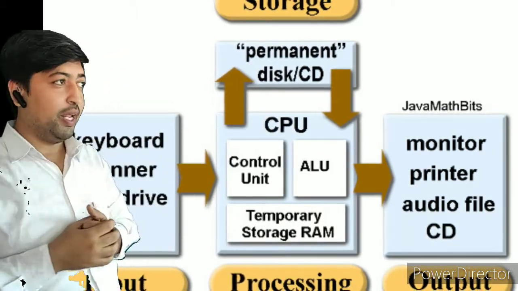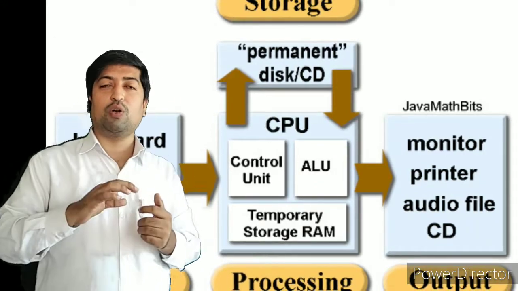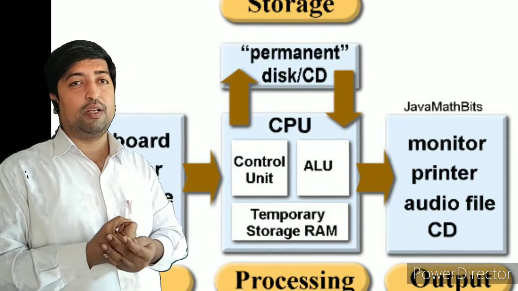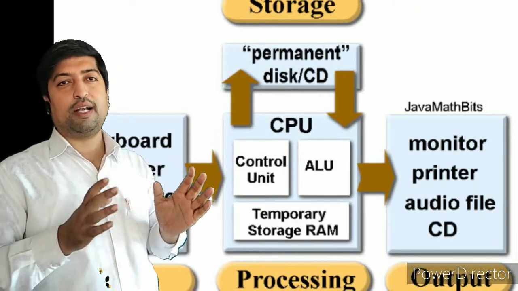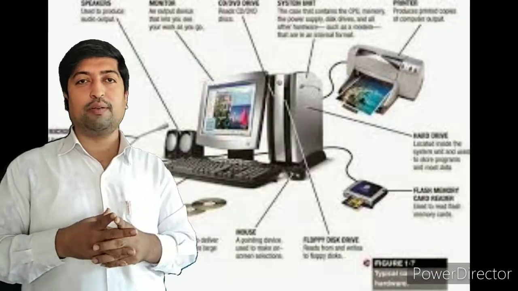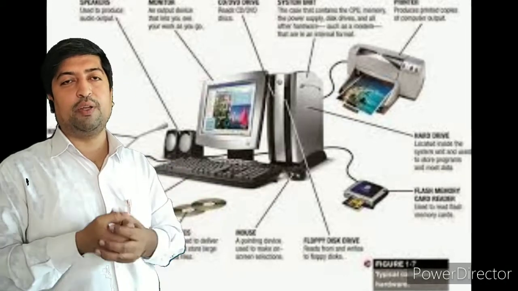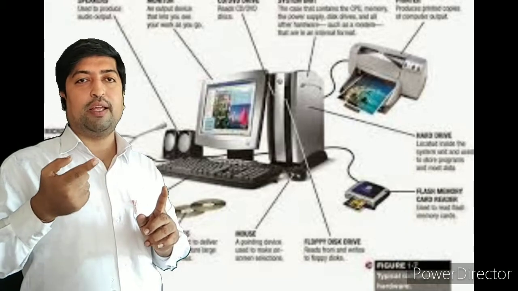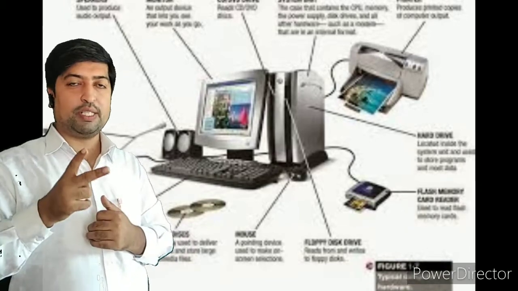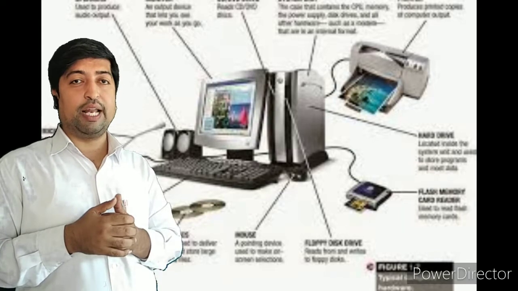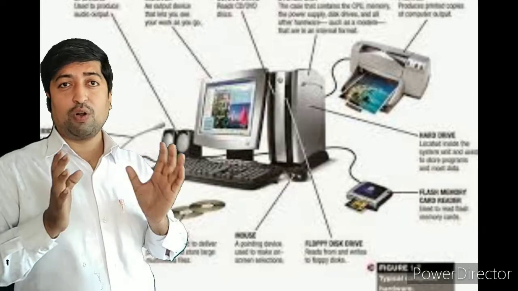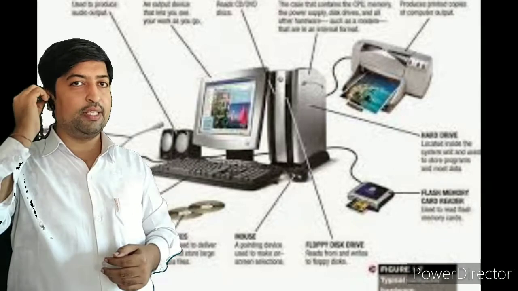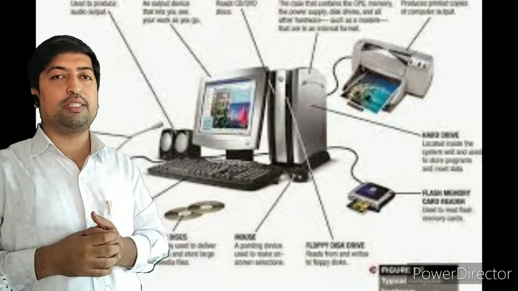Or if you use the Control plus A button, you can select your whole data, or your total folders or files, very easily. A is the alphabet. The Control plus A button is useful to select the total document or your total files. It is also known as the select all button.